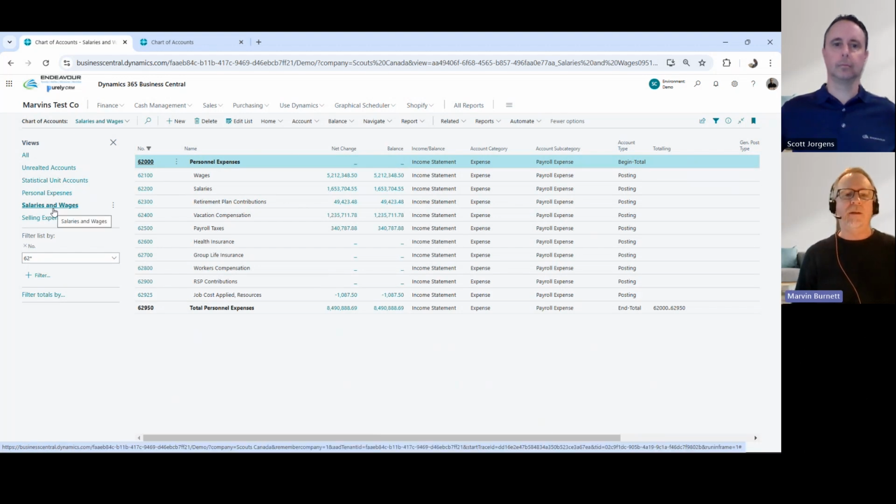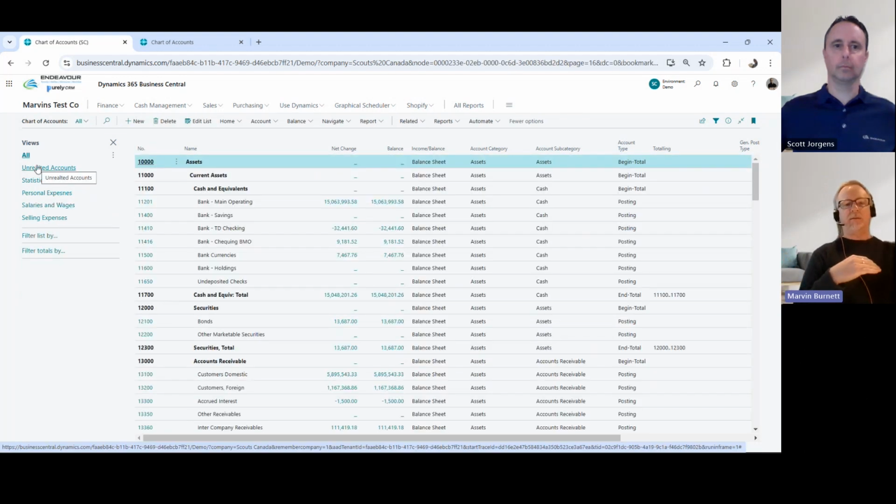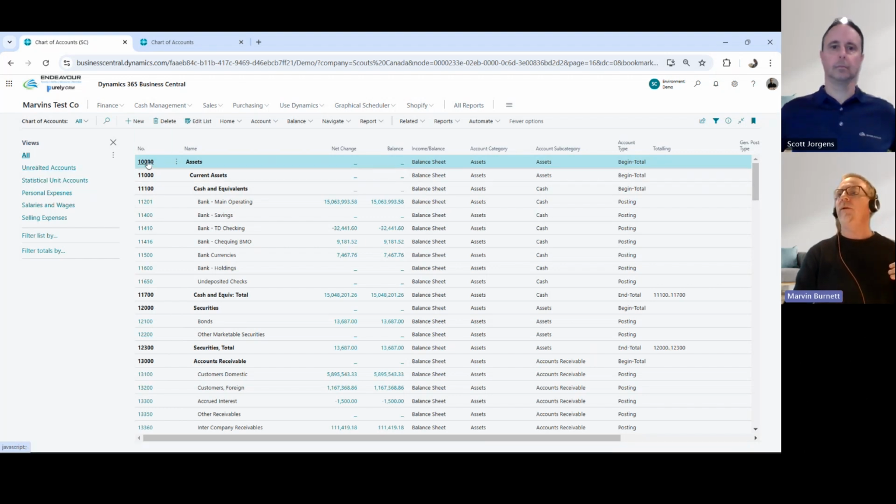So that would be one of the things. And if you are thinking about moving it over, let's put it back into perspective. GP has posting accounts. Most people started the bank at 10,000 or 1,000 or whatever it was. But if I want to allocate some room here and say assets are 1,000 because it's a beginning total, and I have total assets down, current assets and cash and equivalent, maybe I want to start setting up some room